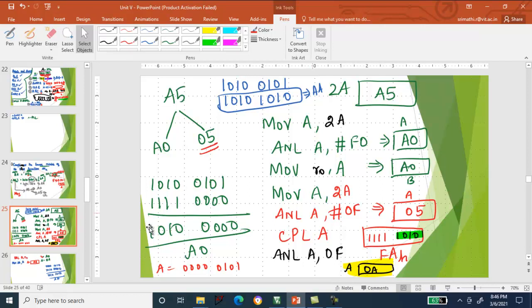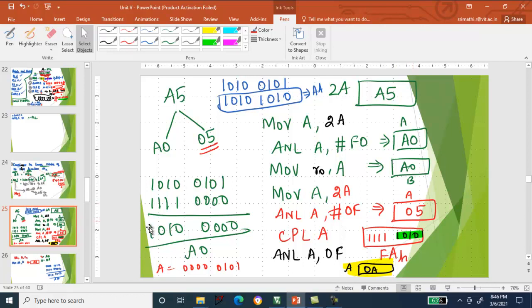Now we need to separate the lower nibble. For that, instead of F0, I need to use 0F. So with 0F, the upper nibble will be entirely 0, and the lower nibble of 2AH will be available as the result in the accumulator. So now the accumulator will be having 05.